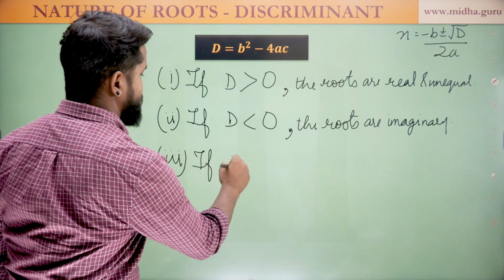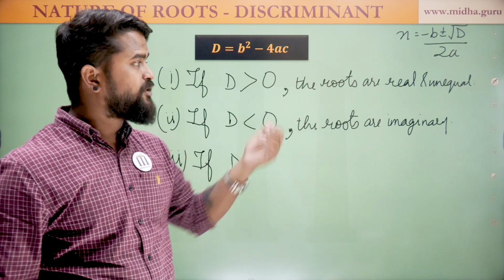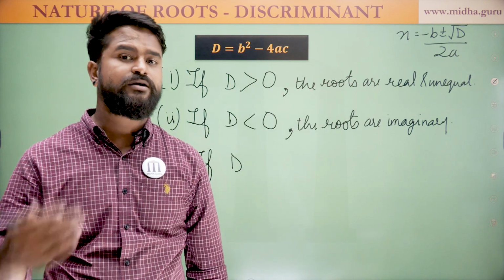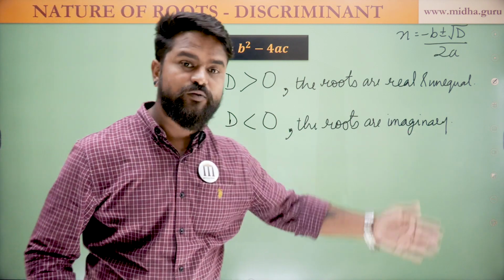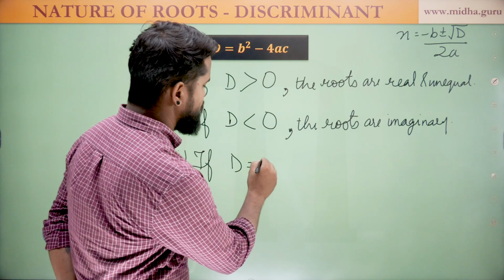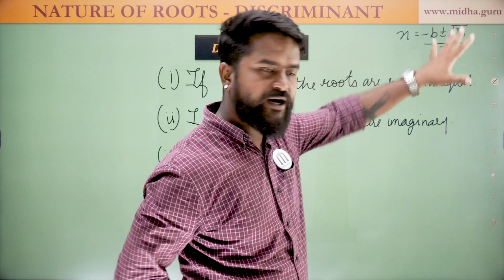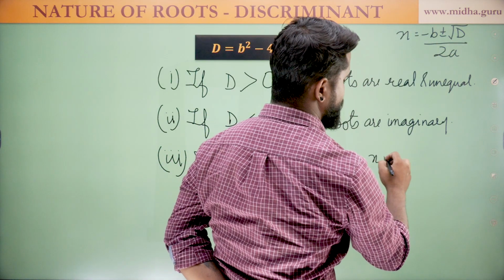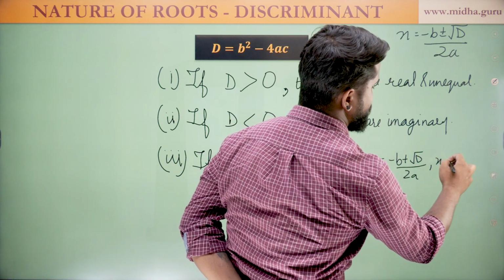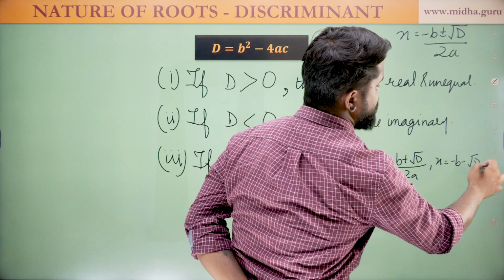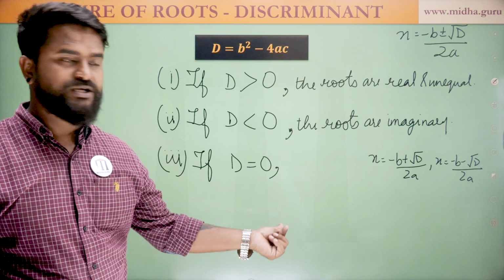Now we saw that in one case d was greater than 0, that it was some positive number. So we took out the square root and we got 2 roots which are real but they are not equal. Second time we saw that d was a negative number, it was less than 0, then the roots were imaginary. However, what about when d is equal to 0? If you concentrate only on the quadratic formula, from here we can deduce that one x will be minus b plus root d by 2a and the other x will be minus b minus root d by 2a. So here you have to understand, if d is equal to 0, that is, the value under the